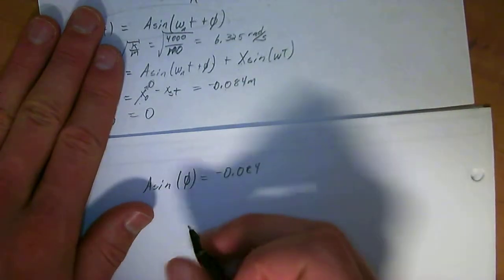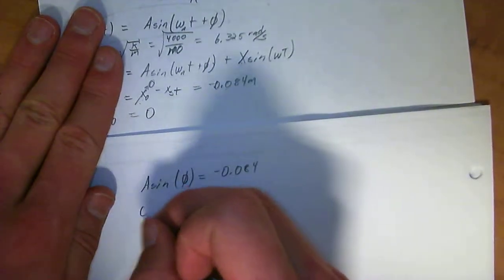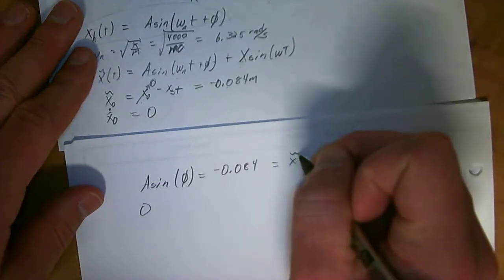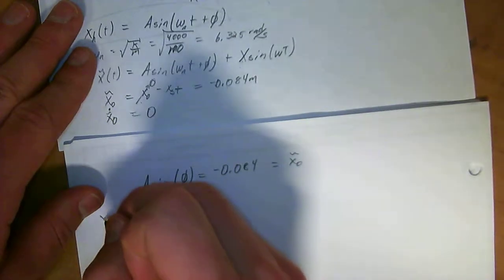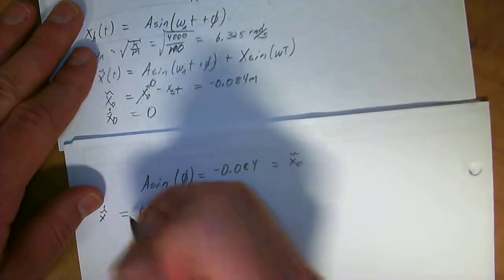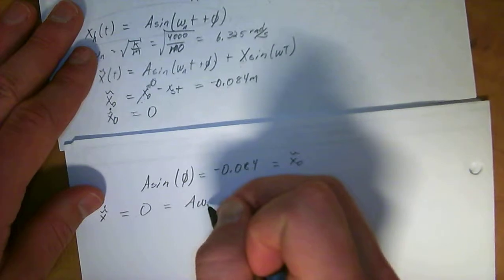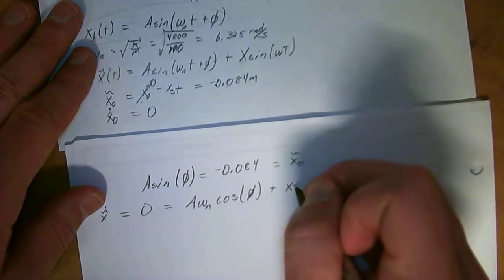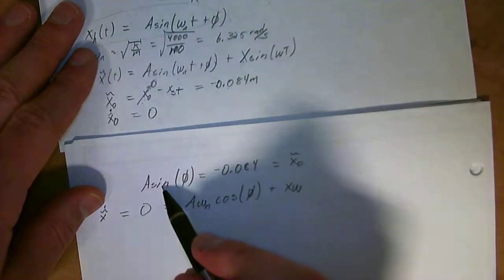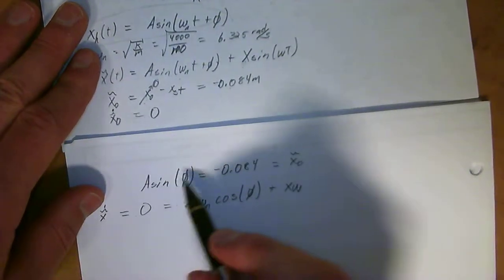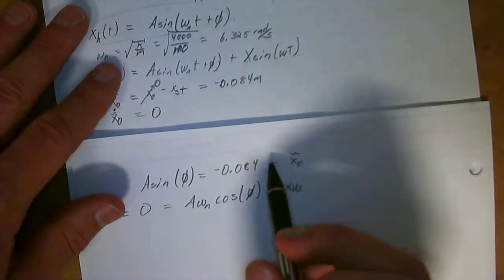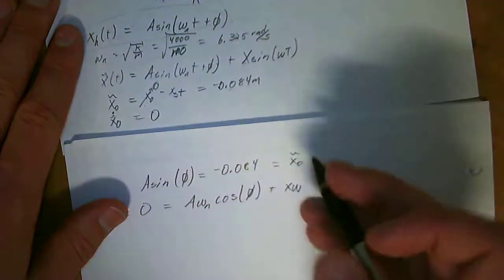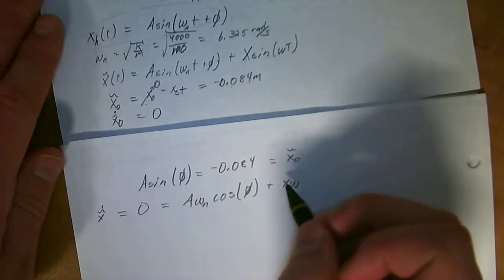We also know that 0, which is x tilde dot original, is equal to A omega_n cosine of phi plus X omega, which is just the derivative of this equation up here. So the x tilde displacement, the original displacement, is just A sine phi. Fair enough. So now if you set these two,